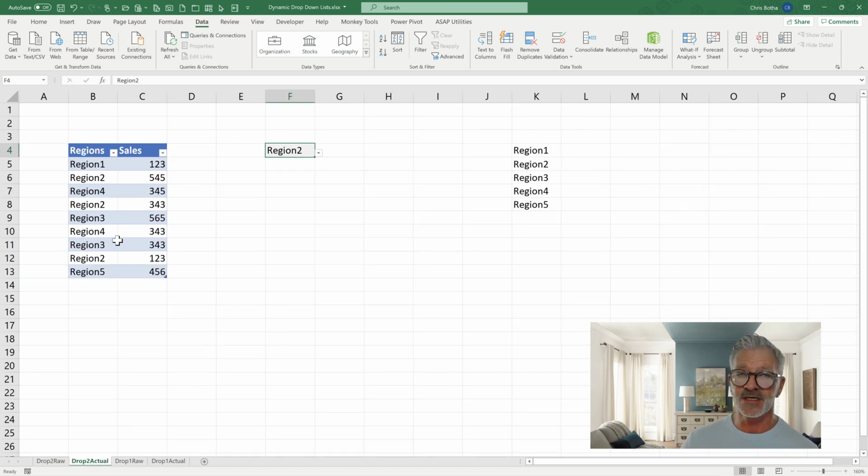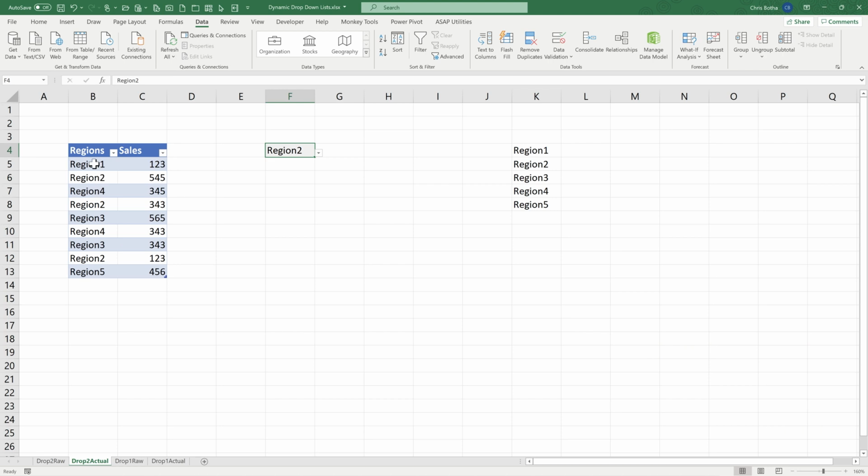What happens here, and where this example is different from the previous, is that I now have a list of regions, but there are more versions of the same region. So you'll have region 1, and later on you'll have another region 1, or let's say region 2 and another region 2. So they are duplicated, and what I want to happen is for Excel to first find the unique names out of this list and sort them for me and use that unique list as my dynamic drop down